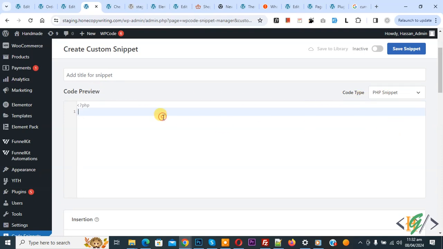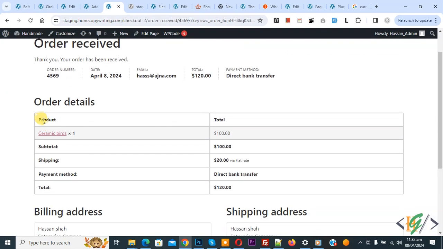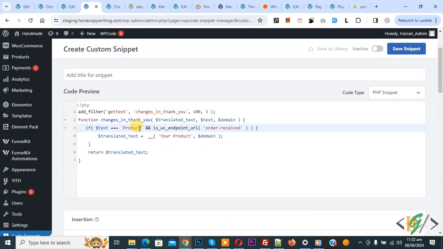Now we are going to paste code and you will find all code in video description or in comment section. So by using this code we are going to change default text into custom text in order receive page. Now you see text product, go to order receive page. Now you see product. Now copy this and then paste here, and then we are going to change it to